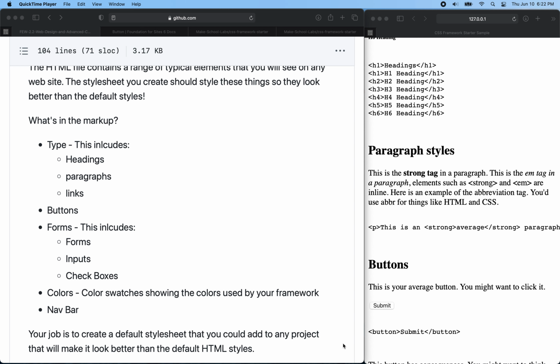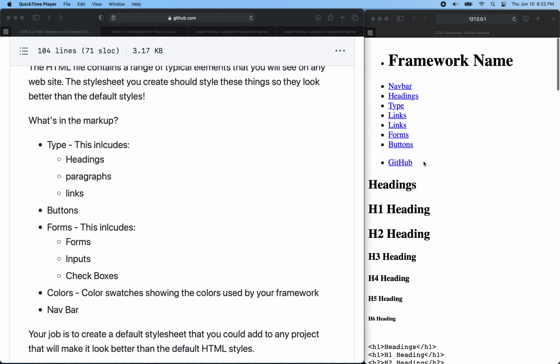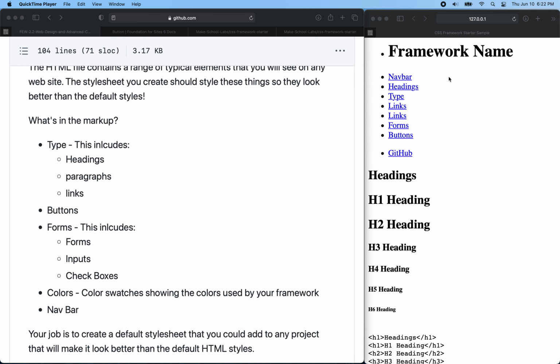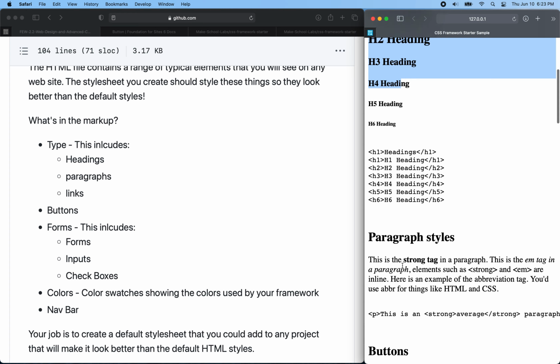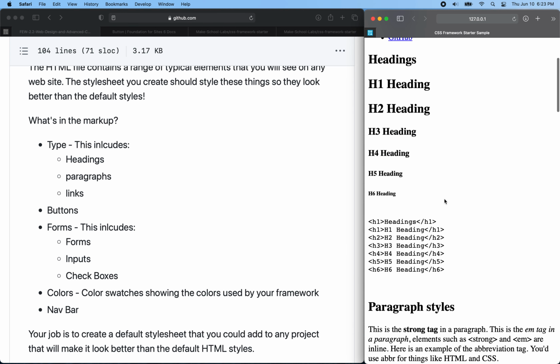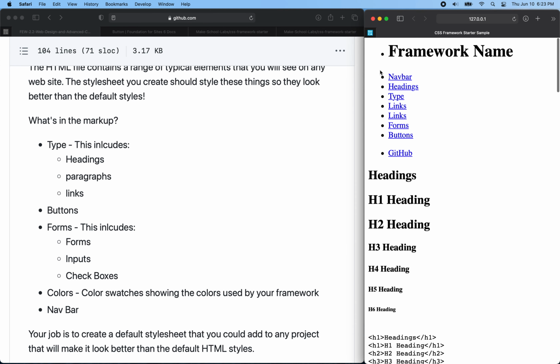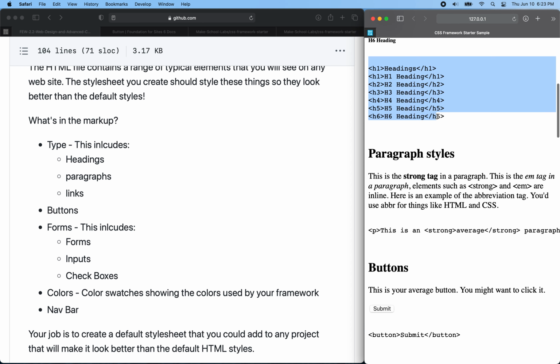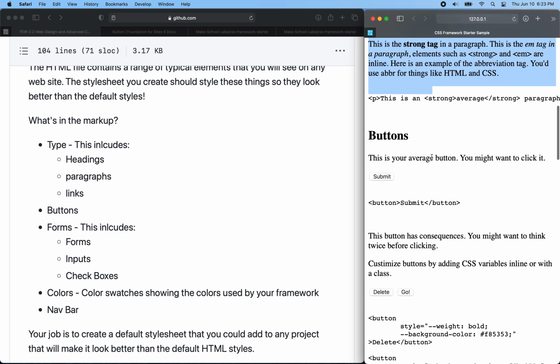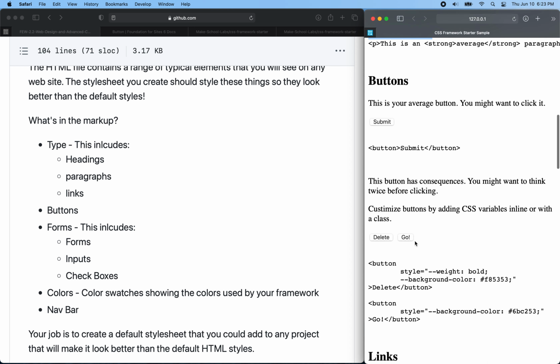Again, welcome back. Here we are continuing our discussion of CSS, and we are going to start working on our CSS framework, okay? So I've got the sample page open here, and it really doesn't look too exciting, right? It's just the default code, but you can see what I've got on the page here: some links, I have some headings, I have some code samples, I have some paragraph styles, I have a few buttons,